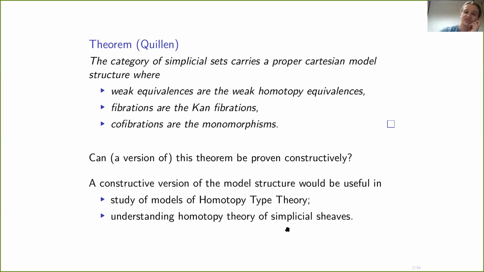Okay, so as I said, I am going to start with some very basic, really very basic introduction to simplicial homotopy theory. And to begin with, I will present this theory from the classical standpoint. So I will talk about the theorem as stated here, and I will assume the classical logic for the first,